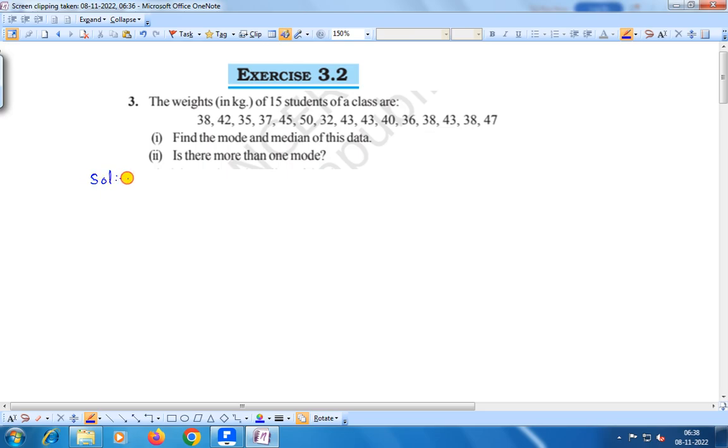Therefore, first of all, we arrange the given data in ascending order. We get